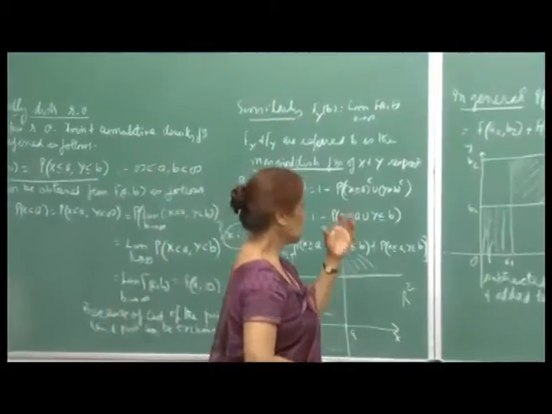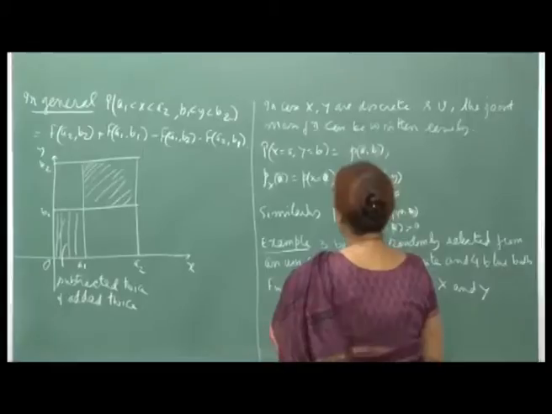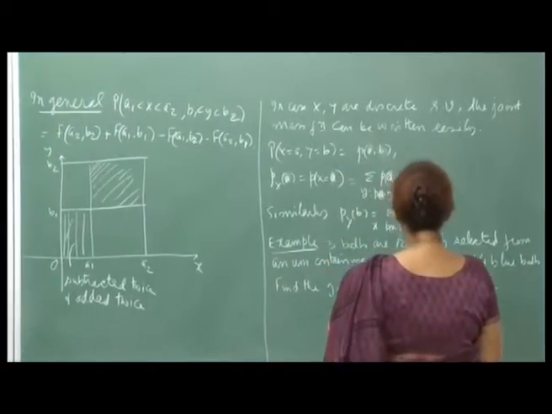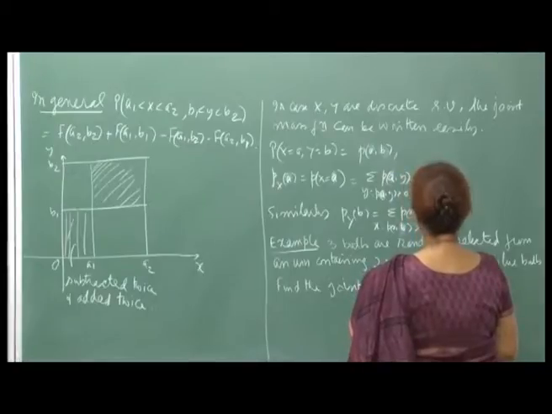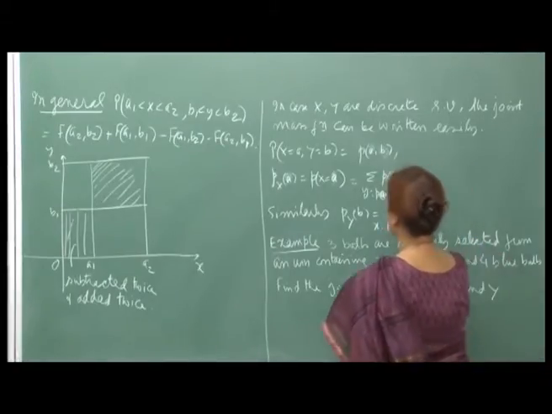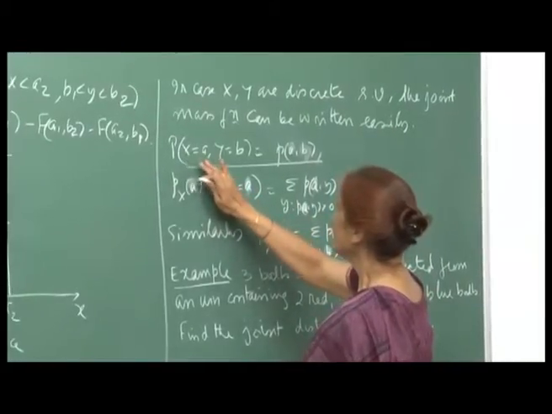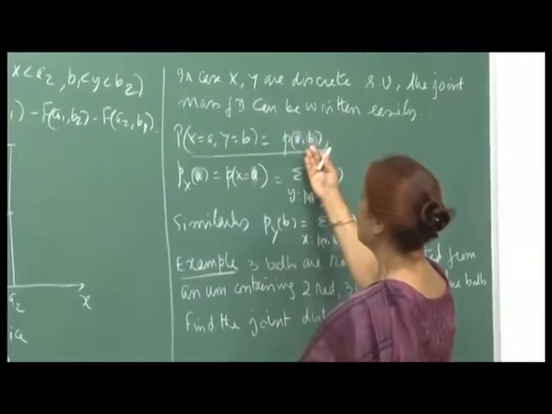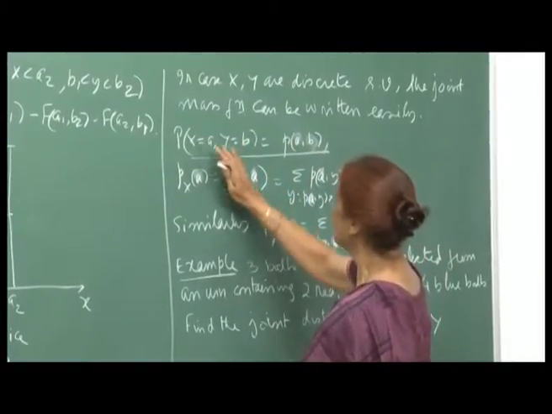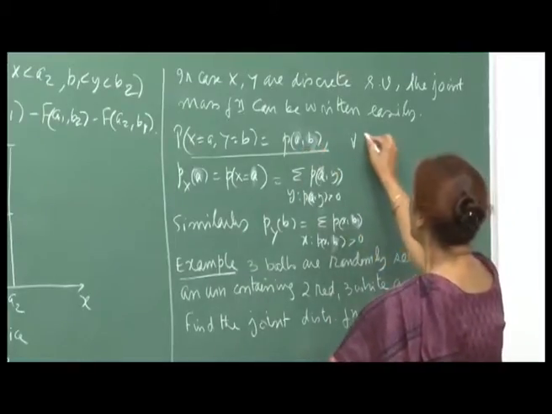Okay. So, if you keep this picture in mind, then you can always make the right computation. Now, in case x and y are discrete random variables, the joint mass function can be written easily, because here you are simply wanting to compute these probabilities. Probability x equal to a, y equal to b is p(a, b). This is how we will define it. So, if we can compute this probability, then that is p(a, b),